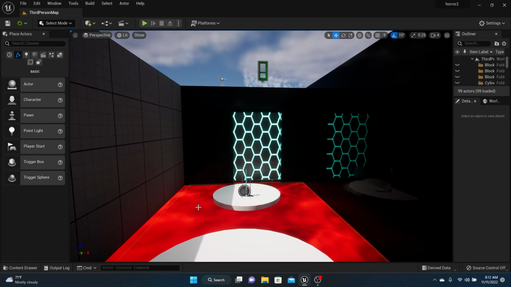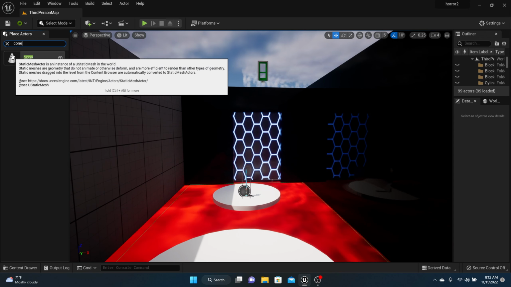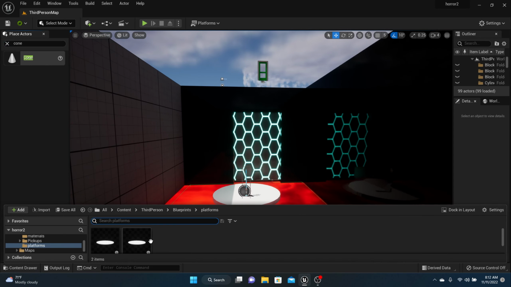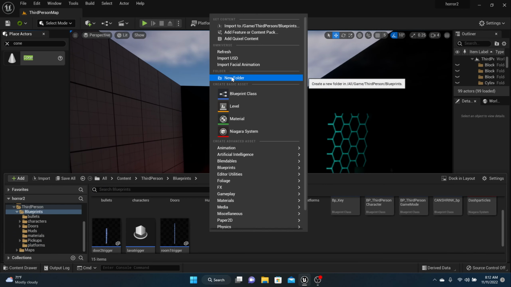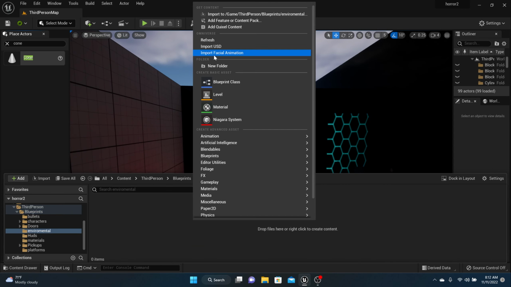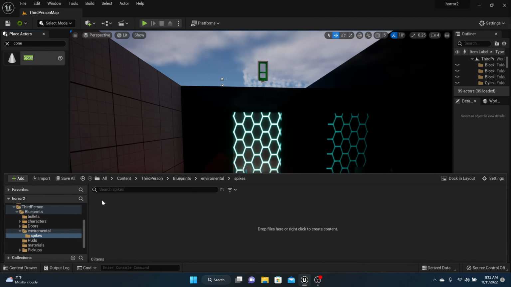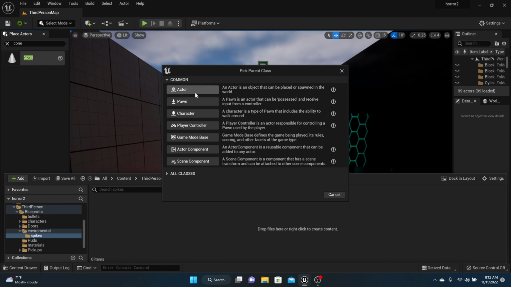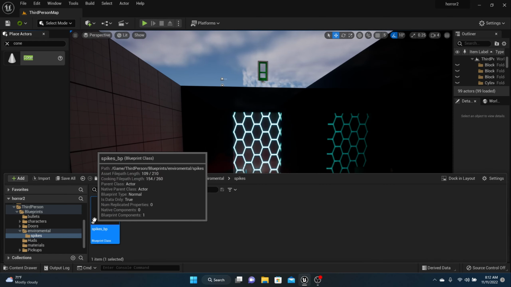First things first, let's make a spike, because that's easy. So, what I'm going to do is I'm going to search for a cone, and remember, I'll replace these later. So in our blueprints folder, let's make another folder called environmental. And inside of that, I'm going to make another folder called spikes, just in case I want to have different kinds. Right click inside of your spikes folder and make a new actor, and we're going to call this one spikes underscore BP. Open up that,